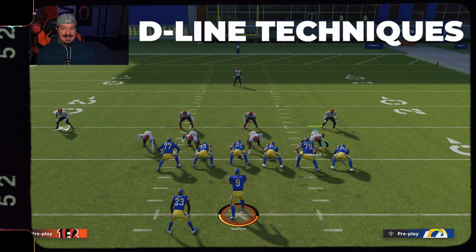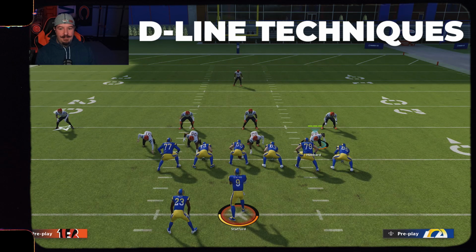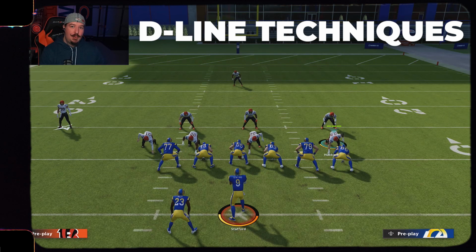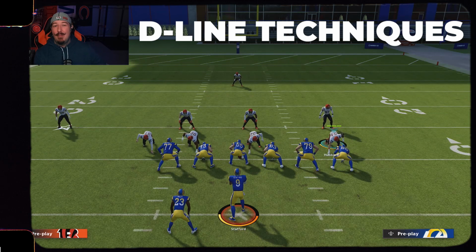So you've got this 5 technique, which is basically lined up to plug the C gap, but then you have this kind of inside, like if Hubbard were to line up on the inside shoulder of the tight end, Bear Bryant would refer to that as a 7 technique, but modern coaches will refer to that as a